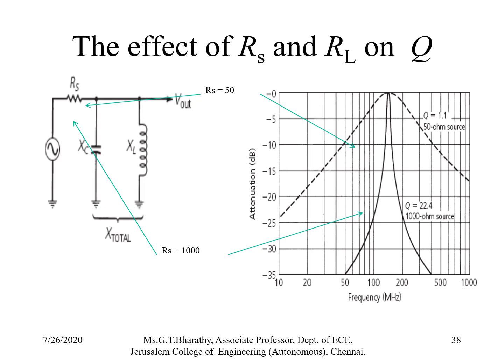Instead of a 50 ohm series resistance, if you increase the value from 50 to 1000 ohms, you can see the graph becomes very narrow and the quality factor obviously increases, to 22.4. So what is the inference? As you increase the source resistance value, the quality factor of the network increases.